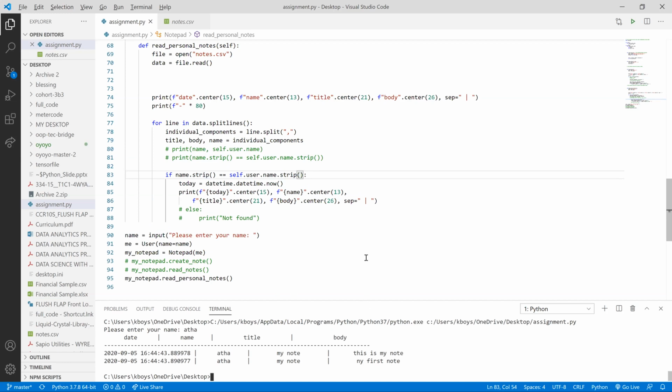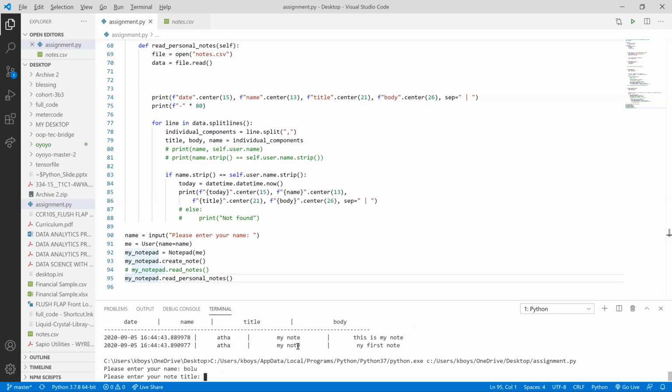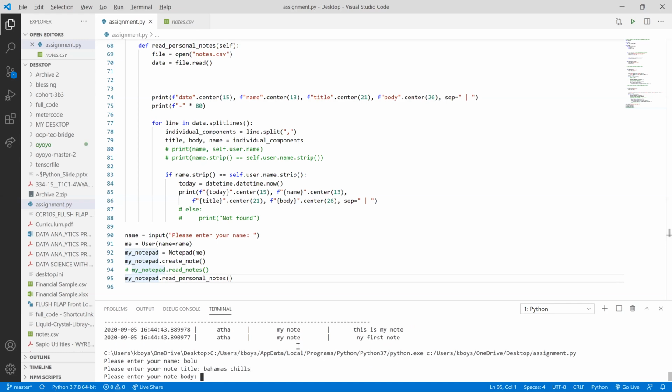It's now working. So let me create a new user now. So this is Bolu. And Bolu says Bahamas chills, and the body is Bahamas was better than